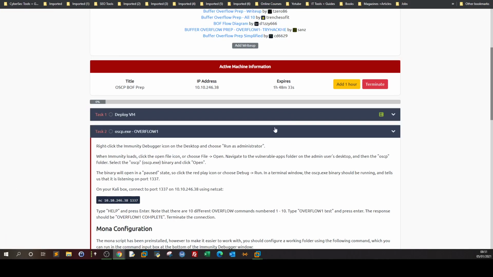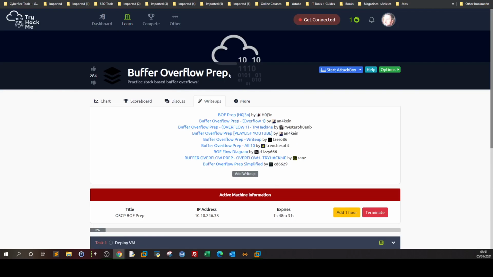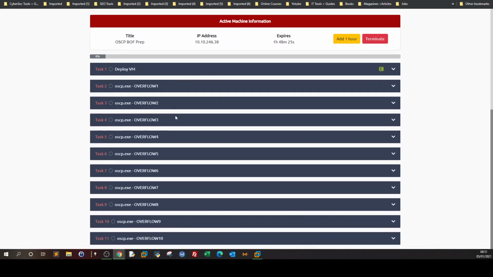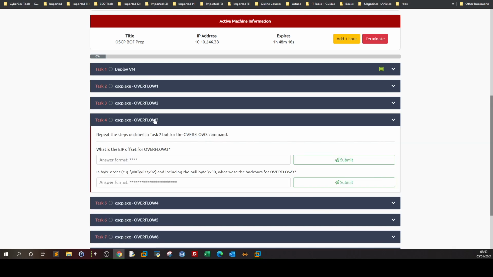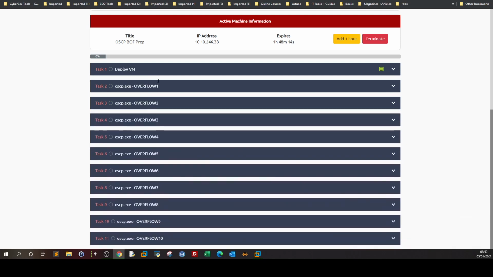In today's video, we're gonna start buffer overflow preparation, which is part of the offensive security pathway. This buffer overflow preparation is a room that's comprised of tasks from 2 until 11. Every task, as you can see, has a different objective, and the general objective is to prepare you for the buffer overflow. So basically, we have them labeled overflow 1, 2, 3, 4, 5, 6, 7, 8. In every case, we need to exploit the buffer overflow